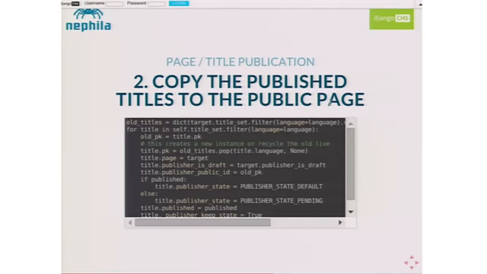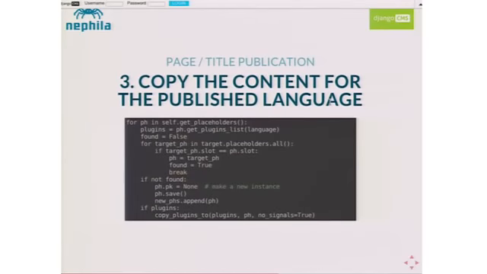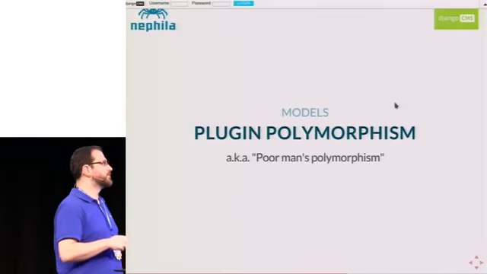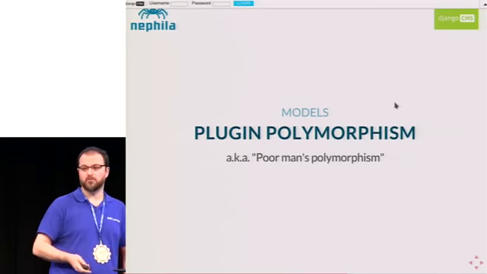And again, we provide the information to go back and forth between the live and the draft version of the title. And then the copy of the content, okay? This is just getting the plugins in each placeholder, and then creating placeholders on the live version if needed, and then copying the plugins,